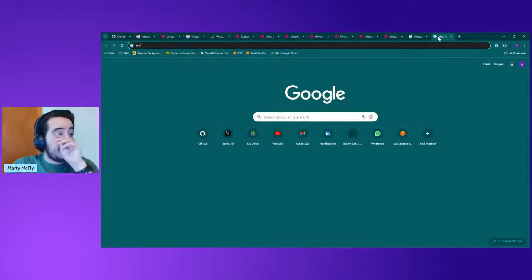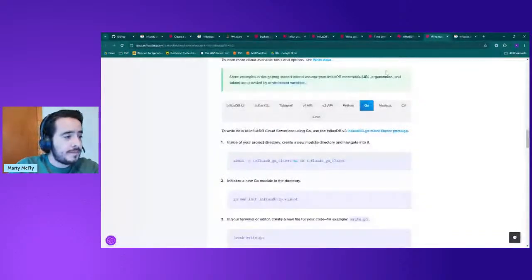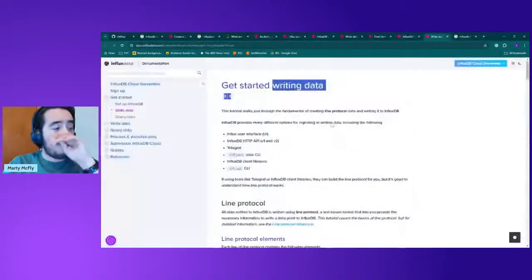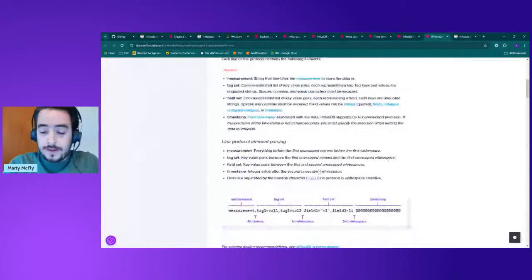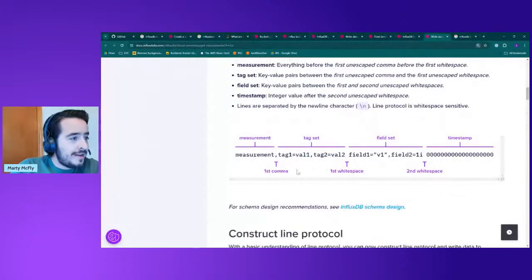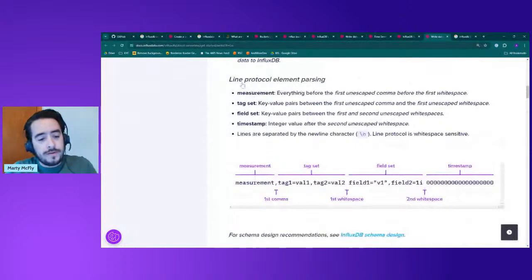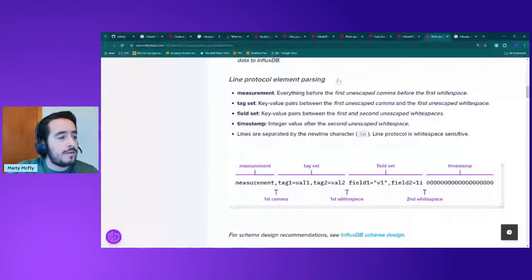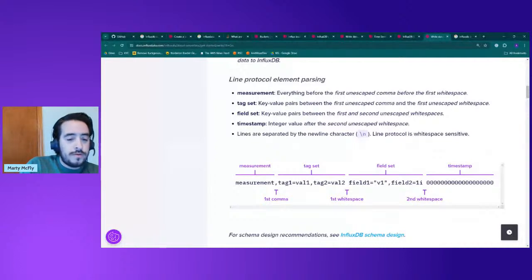But here's what I had seen, getting started with Go, right? So we can take a quick peek at the documentation. It gives you the line protocol stuff that Ben was talking about. It's a specific format that you store information in.